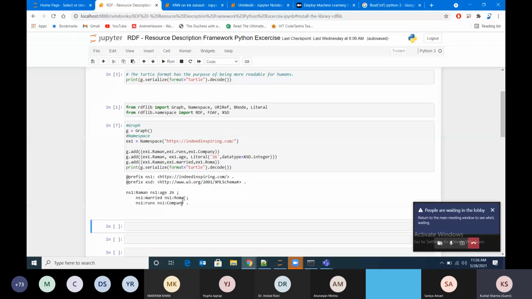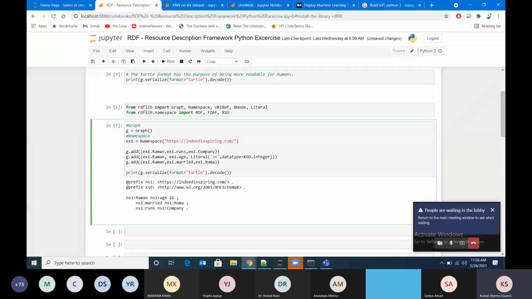So this is how the knowledge is getting represented. This is one example of the RDF library, which can be used to represent the sentences without losing their meaning, in this format. Let's just add one more thing here. So if I add here for Roma, ex1 dot Roma, and ex1 dot age, and let me write here again as literal, let's say 25, and data type is equal to xsd dot